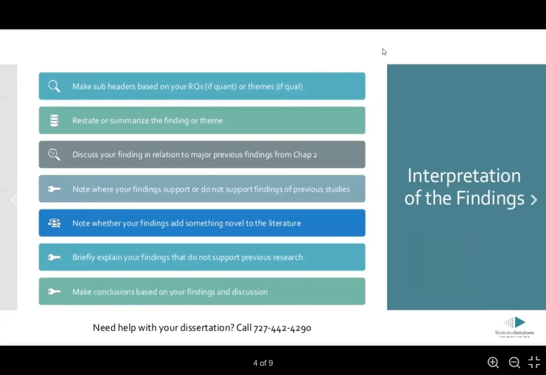And then building off of that, what does that mean for the future of this particular field, for the future of additional research that will go on for this topic? So it's important to really have that solid foundation in the interpretation before you're moving on to those other pieces. Interpreting the findings means that you are relating what you found to the findings of previous research in your area